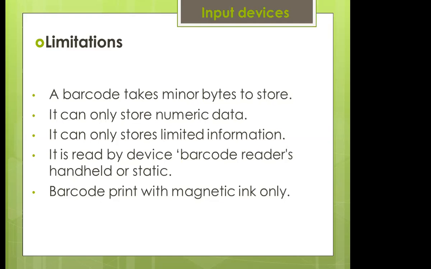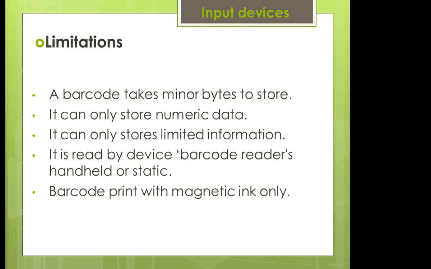It is read by a device called a barcode reader. We cannot understand the meaning of a barcode. Only that device will move that information to the computer. And that can be of two types: a handheld, gun-type device in the hands of a billing person, or a static box-like device on the counter of a shopping mall where the helper of the billing man takes a product, and there is a beep sound, which means that it has been scanned.